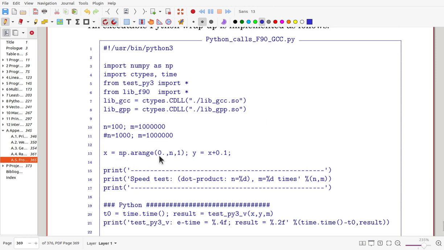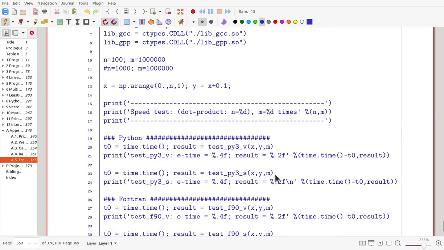So from 0 to n-1, the x is made and y is a simple perturbation by 0.1. We'll try to make a dot product 1 million times. In this case, length 1000. And we have one more case, but anyway, and these are printouts. And for Python,